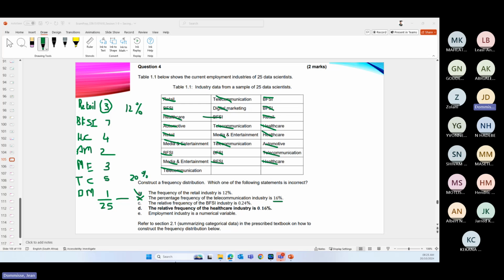The frequency of the retail industry, the frequency is the count. So that is also wrong. You are right. So that should be free and not